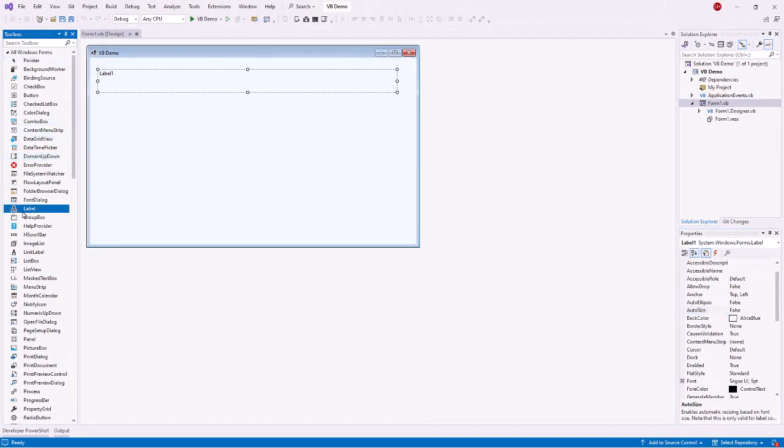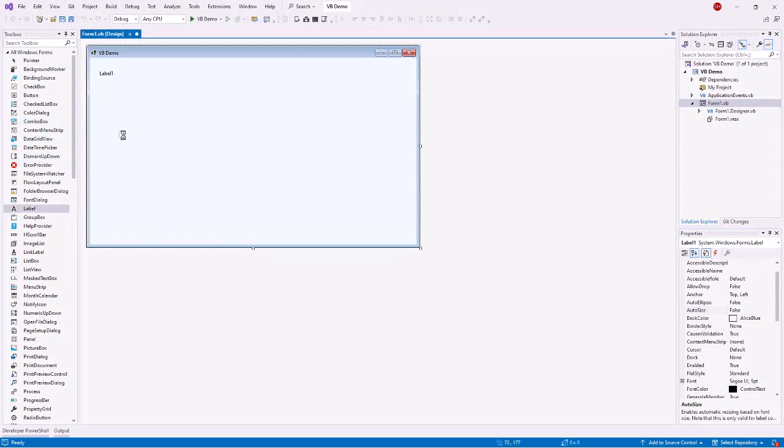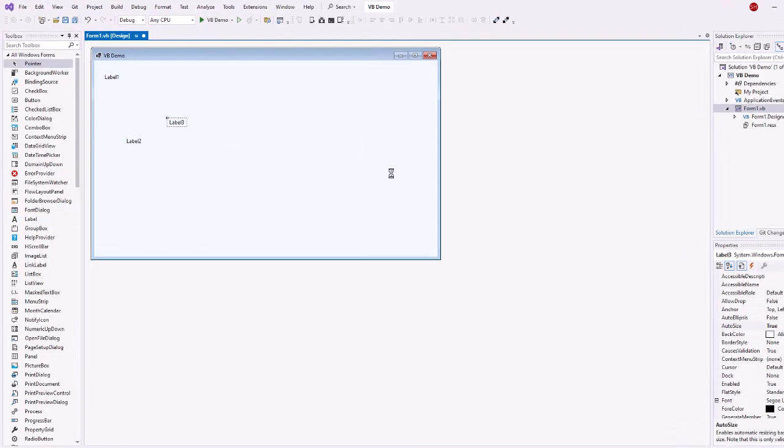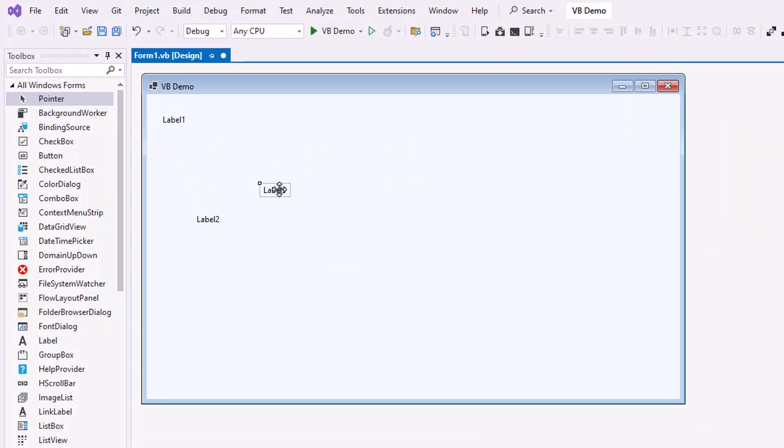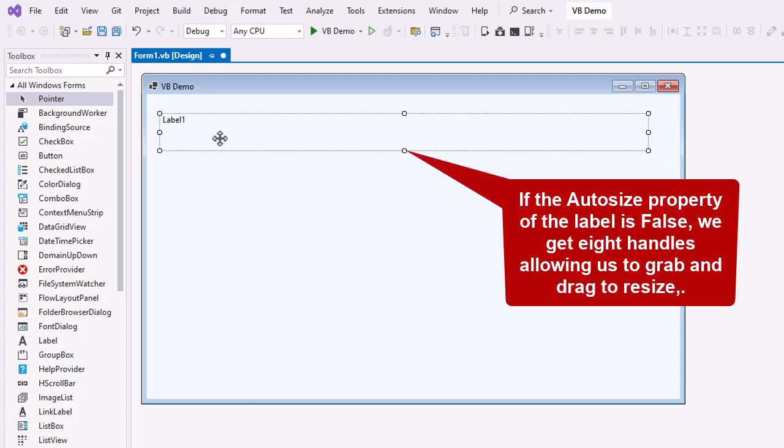I can also take any of these controls and simply drag them rather than drawing with them. So again, if I wanted to draw, I select the control, and I create the size that I want. When I want to get rid of a control, I can select it and delete it. Notice this little handle in the upper left-hand corner means it's selected. You see a little dotted box around it. I can delete it. So here for the label,